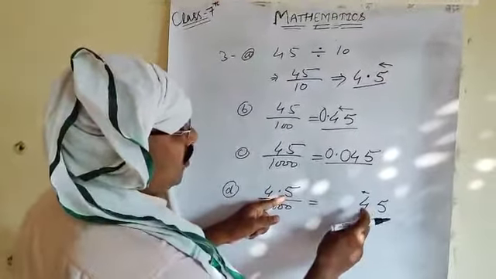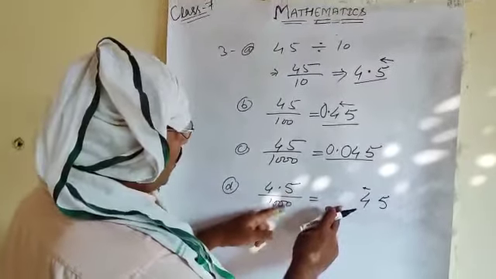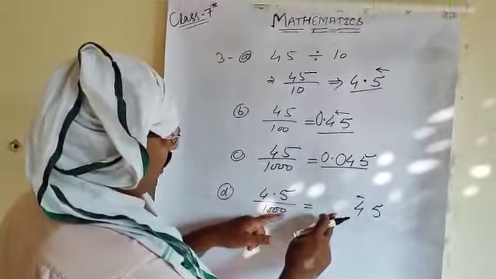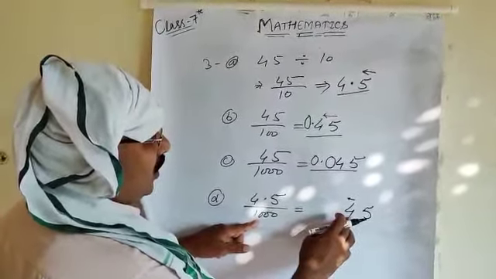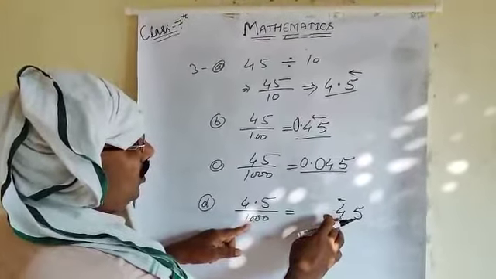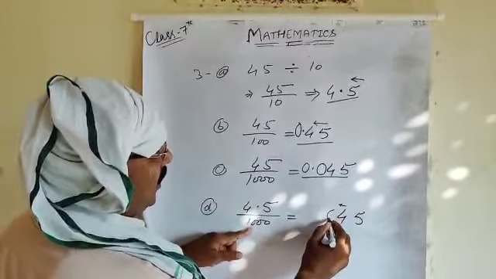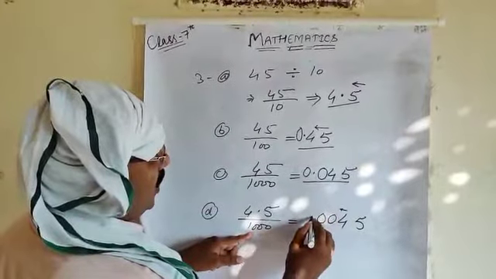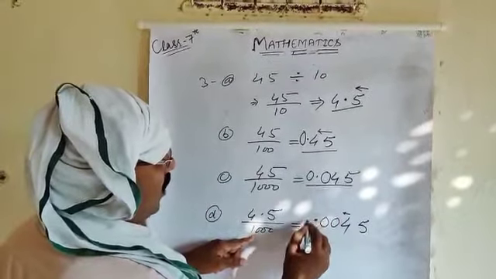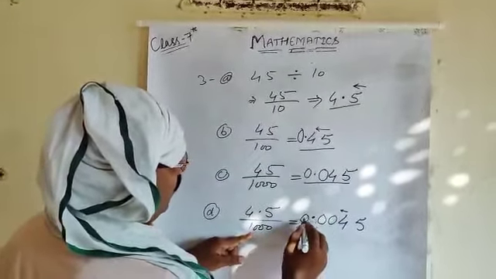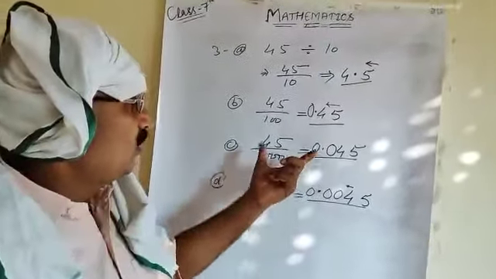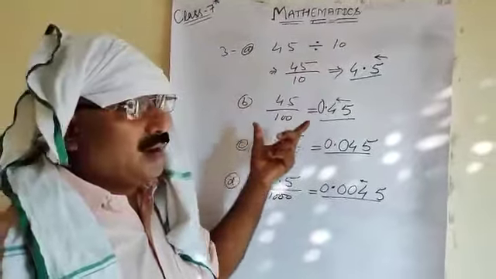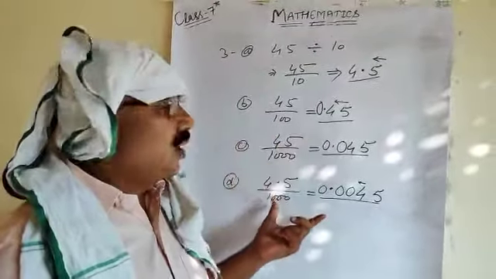So you should count from the whole part over the number of zeros, 3 zeros here. So you will take 3 digits from 4 to the left side, and you will add 2 more zeros, and after that you will give the point, and before it you will put the 0. In this way you see how you will divide the number by 10, 100, 1000.